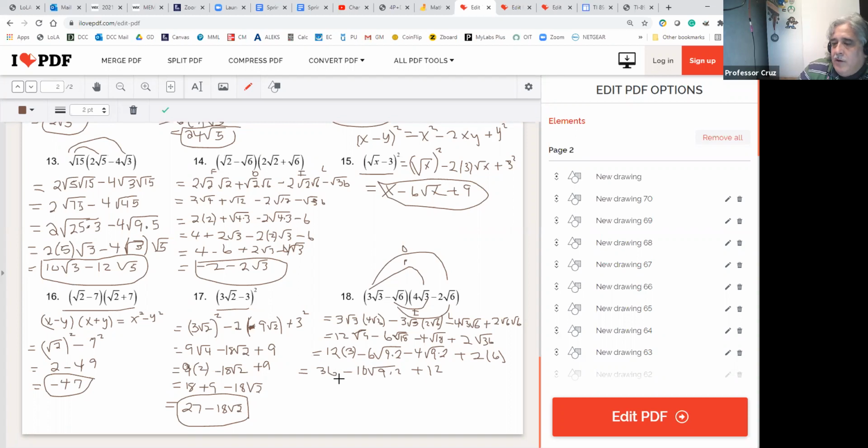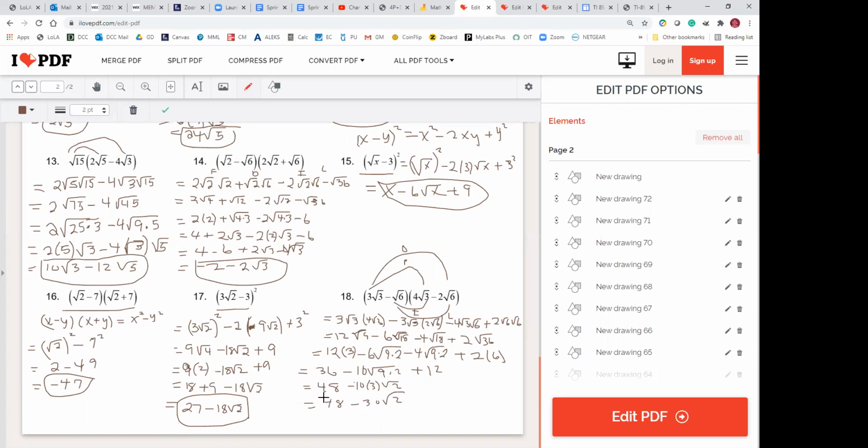So these two are going to go, so that's 48, 36, and 12. Okay, and that's square root of 9 is 3. And then square root of 2. Okay, so that's good? Yeah. Again, this is kind of long and drawn out, but